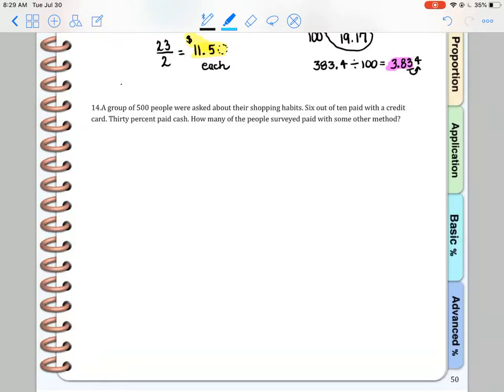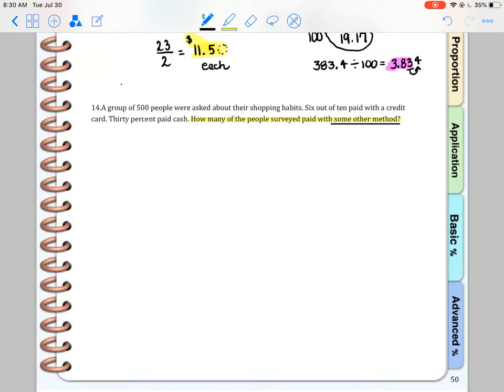Is number 14 on page 50. A group of 500 people were asked about their shopping habits. 6 out of 10 paid with a credit card. 30% paid cash. How many of the people surveyed paid with some other method? So the question I want to highlight, and then I want to go for those bare bones, and it is